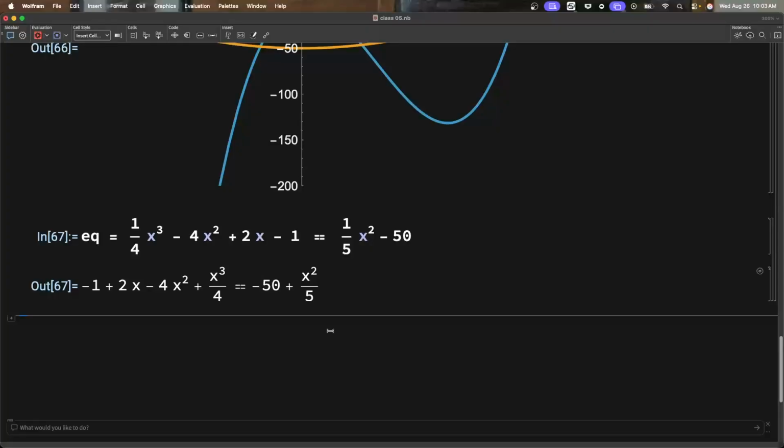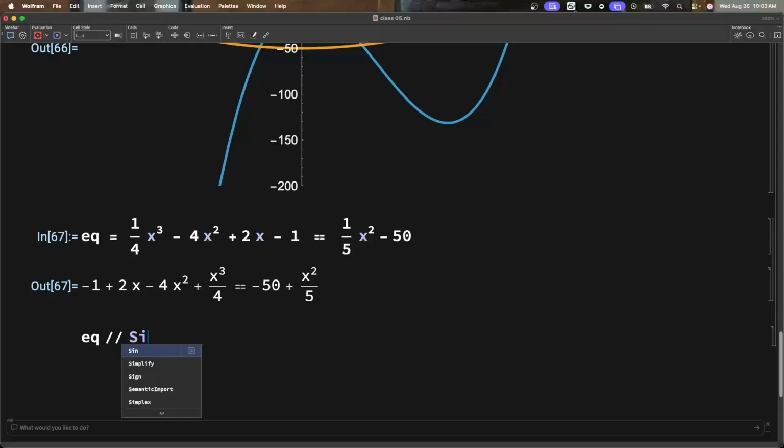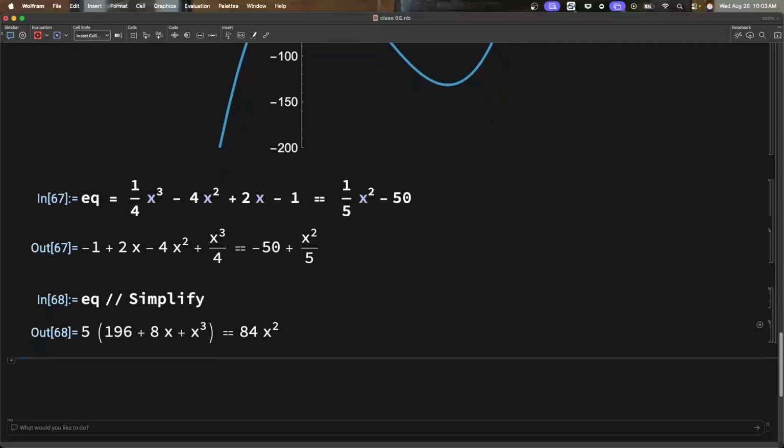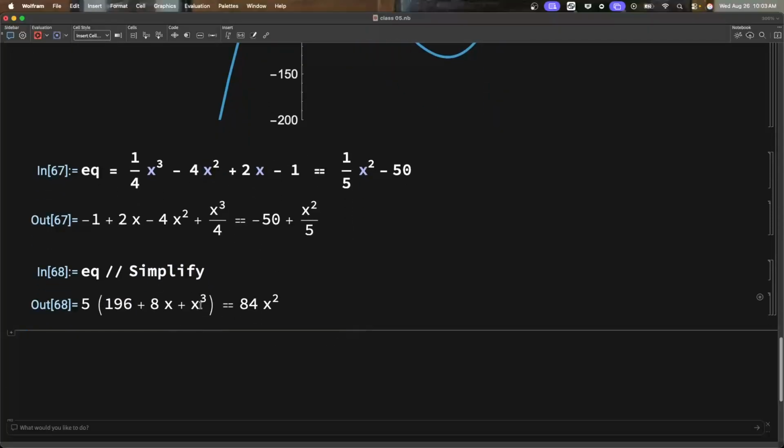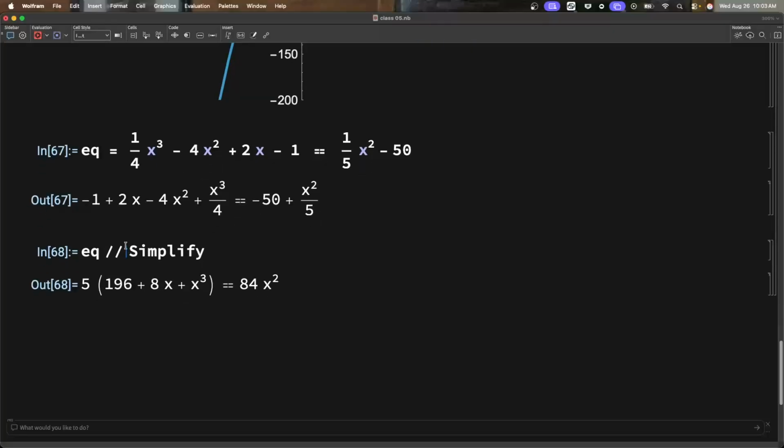You guys got that? I'm going to say EQ dot simplify. I'm not sure what it will do, but I want to see it. It has kind of simplified it. I don't really love that. Let me see what full simplify does. Same thing, I think. Pretty basic. I'm not sure how to write this in a different form. But anyway, I'm going to solve this equation. So I'm going to say solve EQ for x. And when I run it,